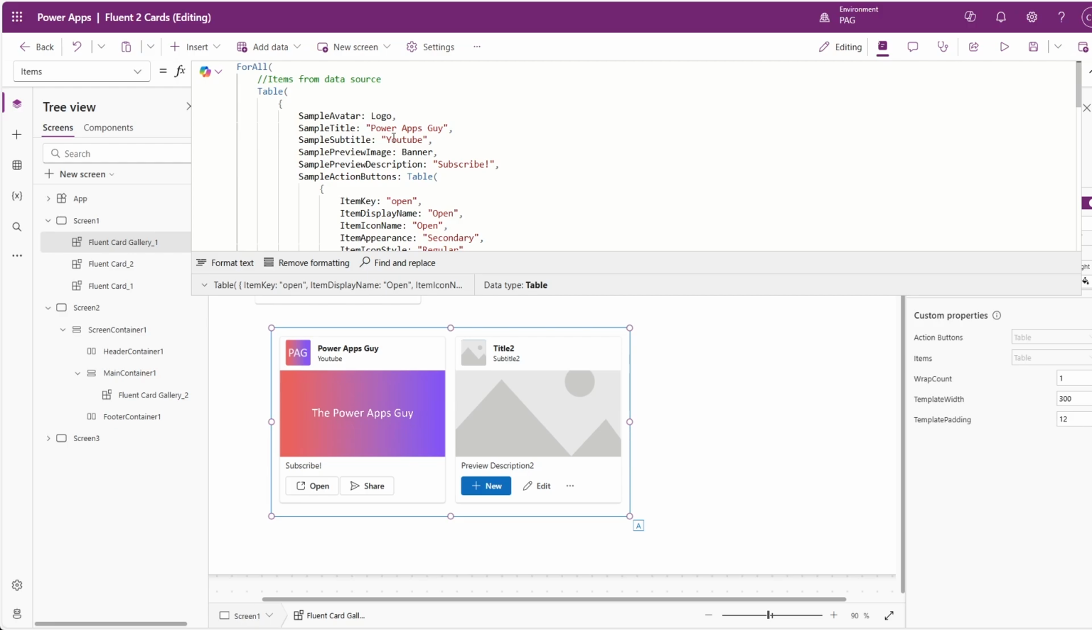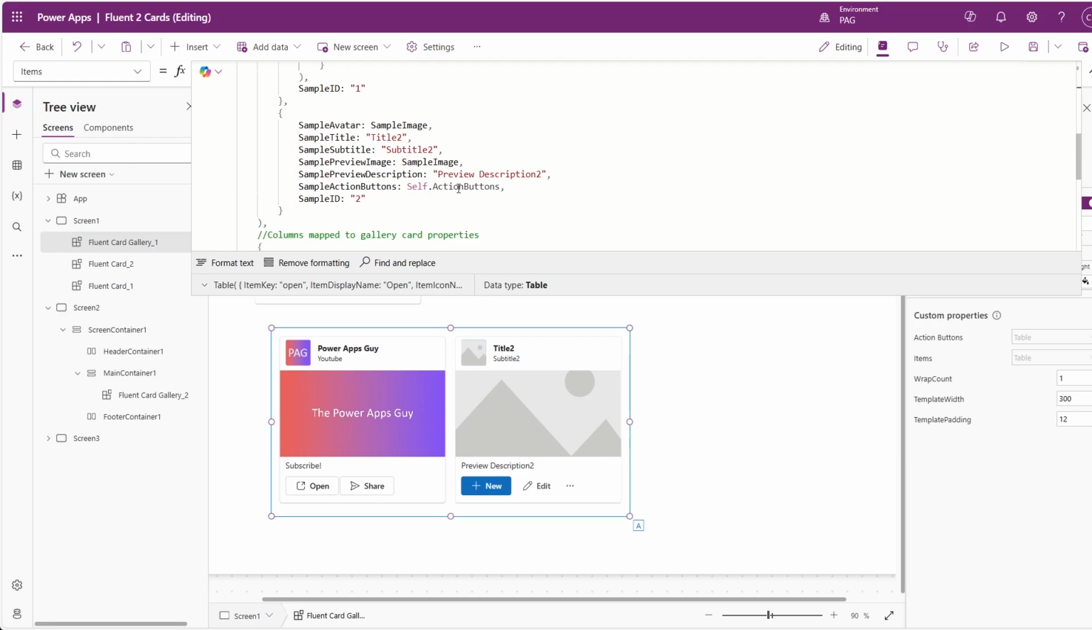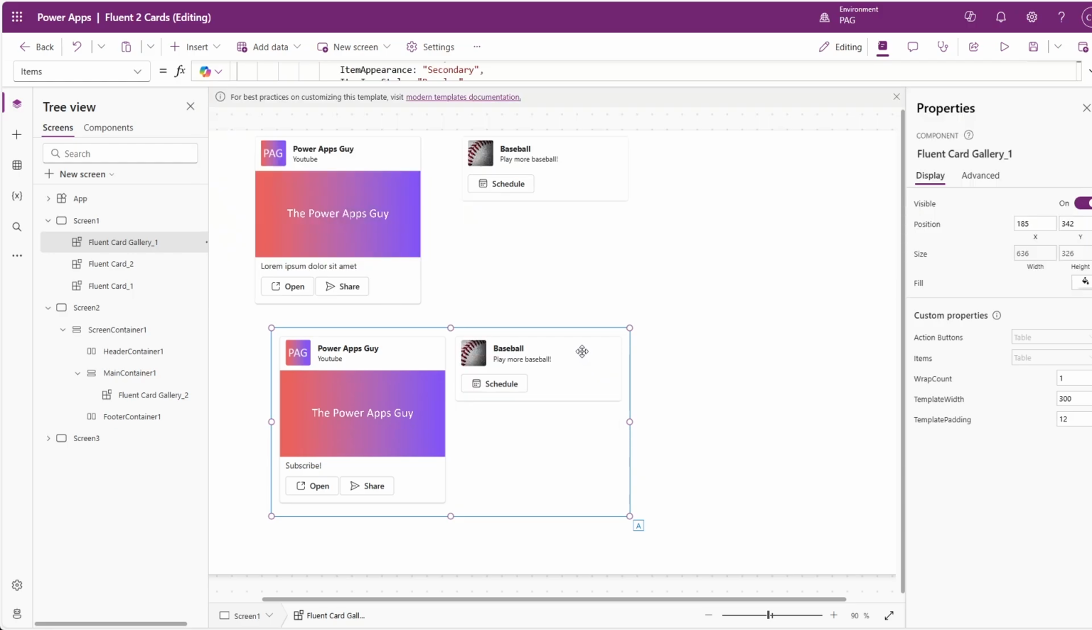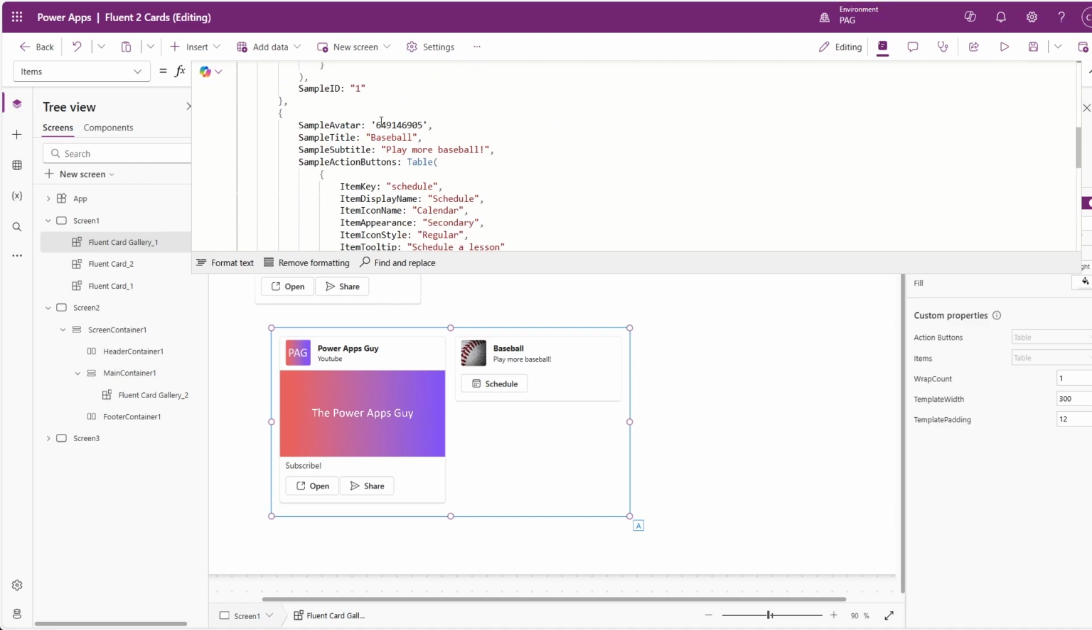So now for this first record, the action buttons are listed here. For the second button, they're still referencing the action buttons property. Now with some more changes to that second property, you can see that there's no preview image or preview description for this second card. If I go into the items property, you can see that the avatar is referencing our